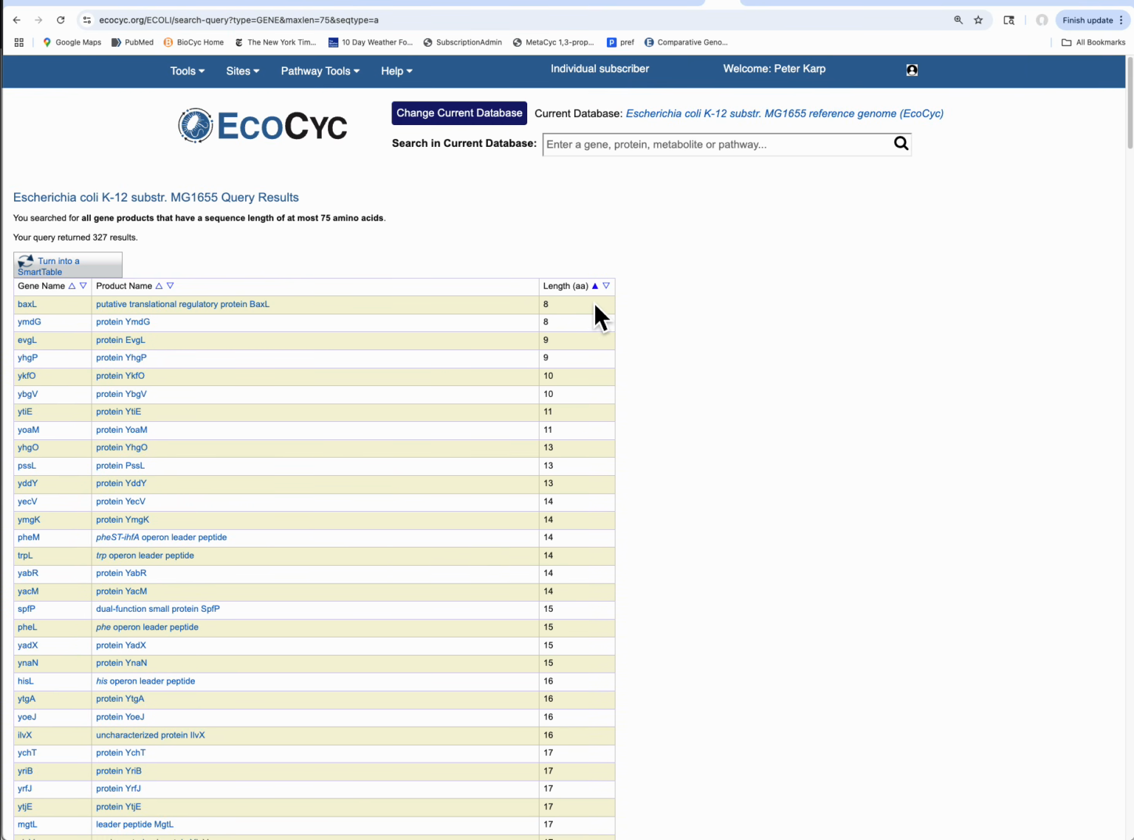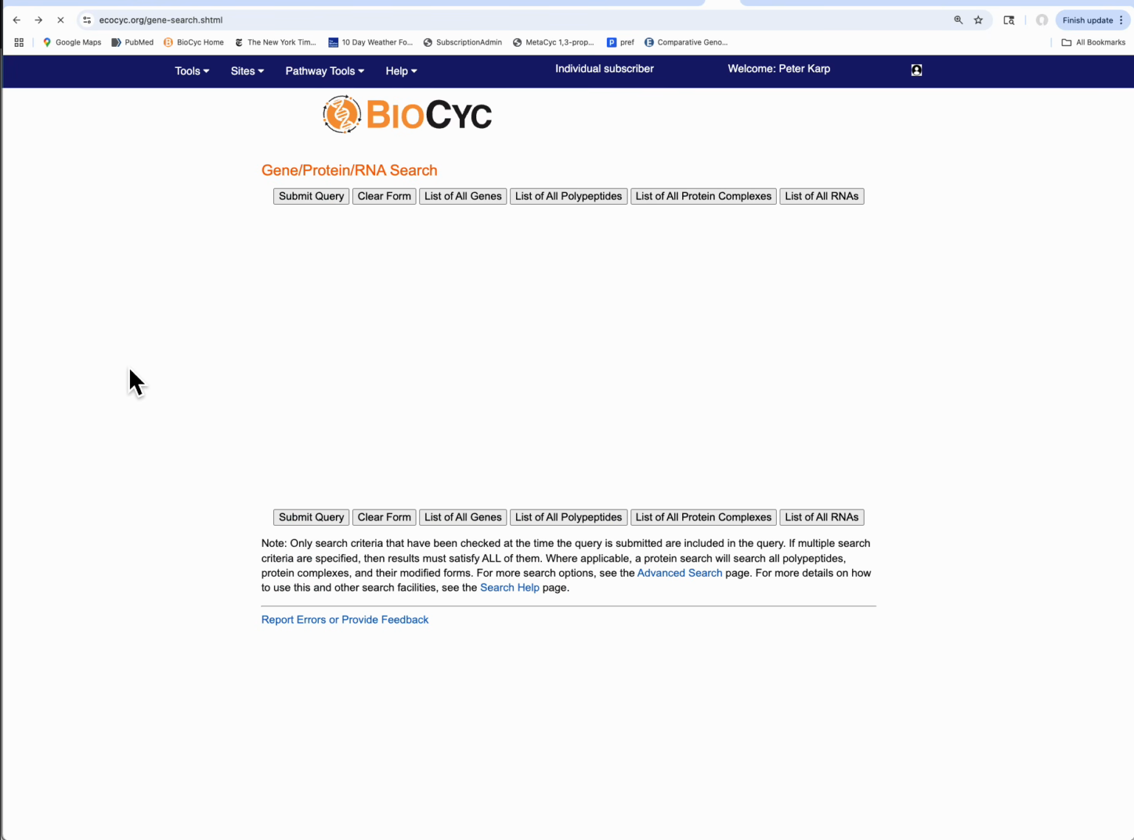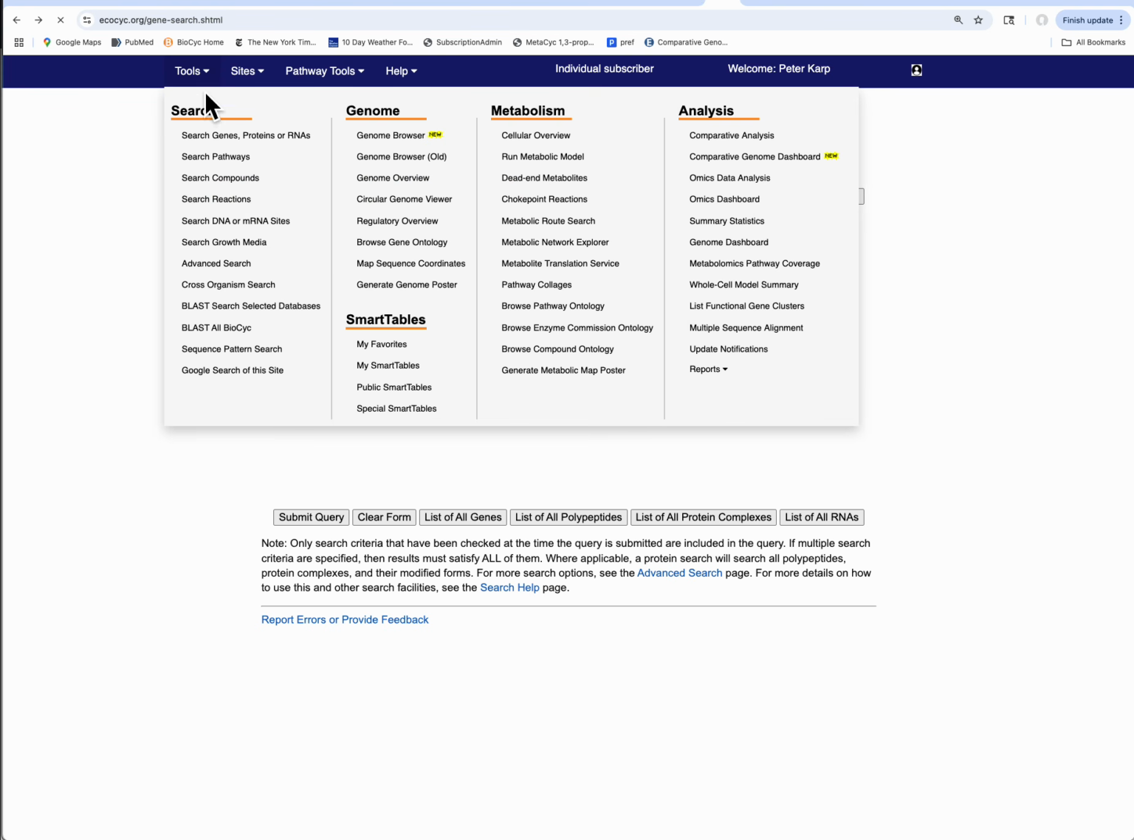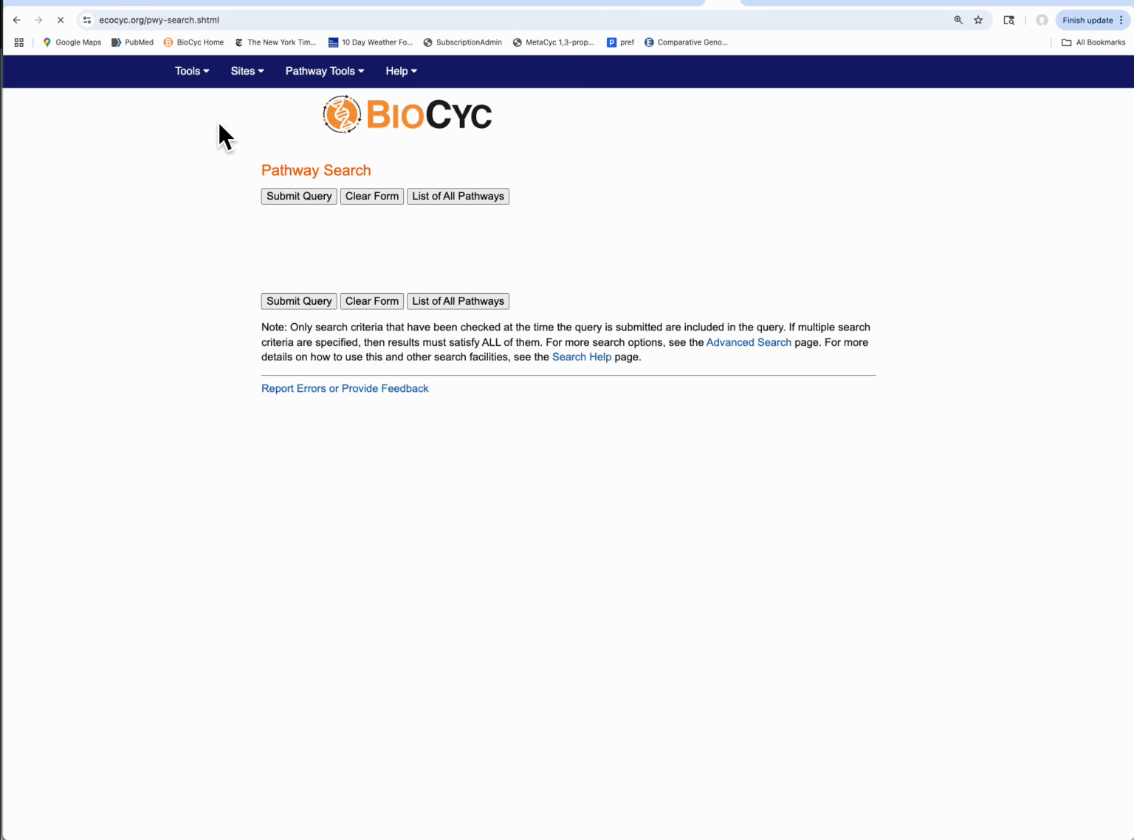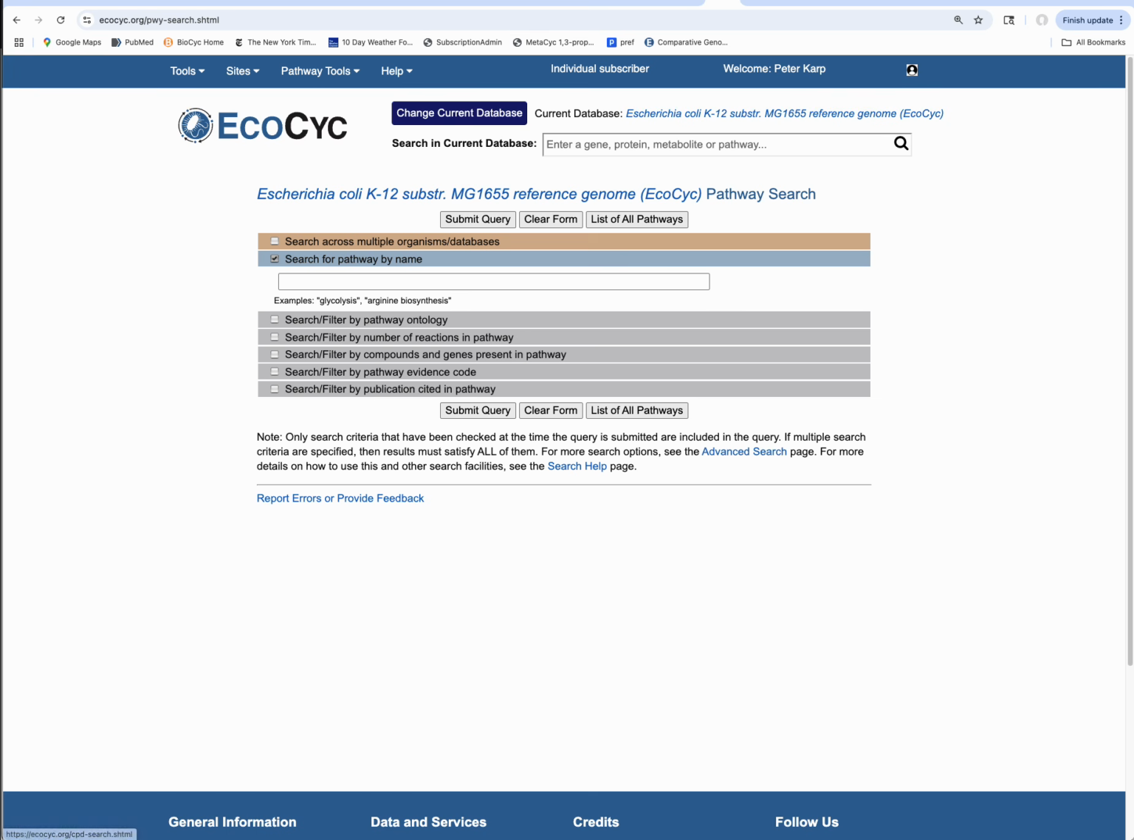We can do an ascending sort. We see there are actually 2 genes in E. coli that are only 8 amino acids in length. Let's go back to this screen. For some reason that tool is frozen. I'm going to show you that there are similar search tools for pathways, for example,